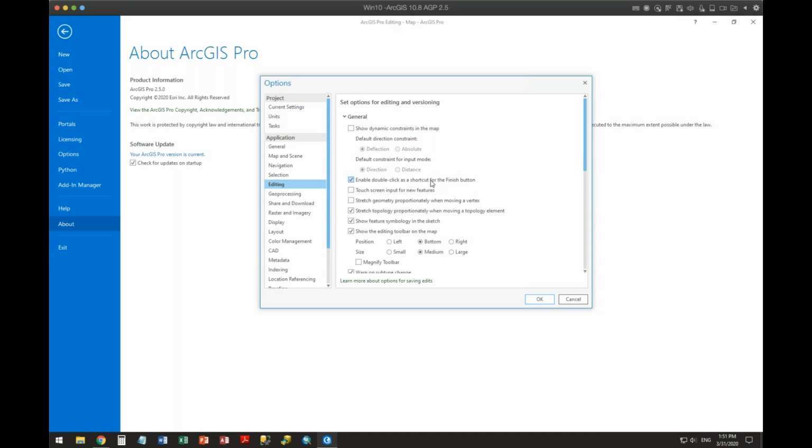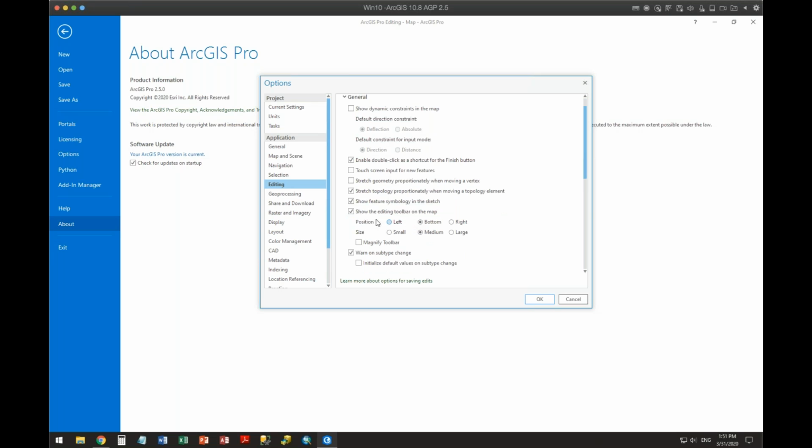Double click is a shortcut for the finish. Yeah, that was always the standard, and ArcMap will keep it in there. Whether or not you have a touch screen, whether you want to stretch geometry proportionately when moving a vertex. I've kind of always struggled to understand why you would do that, but I usually keep it off. Stretch topology proportionally, same thing.